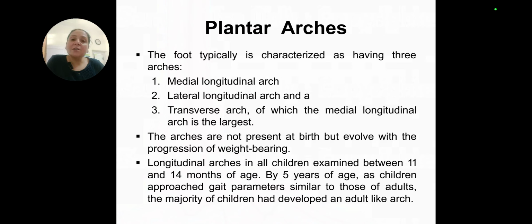The function of these plantar arches is, first of all, that it helps to dissipate the forces. It acts as a spring and dissipates the forces transmitted from the body, from the talus, or from the tibia and fibula. When the forces are transmitted onto the talus, it acts as a spring and dissipates the forces to the different joints. So it is also acting as a suspension. It holds the arches, and it basically counteracts the ground reaction force. So the suspension movement of the plantar arches helps in compensating the ground reaction force.